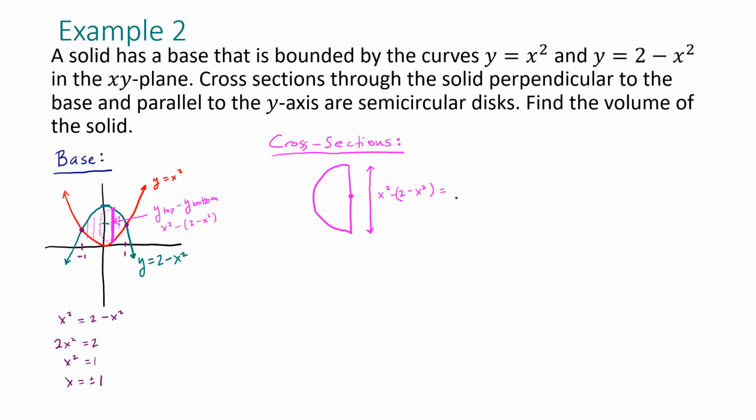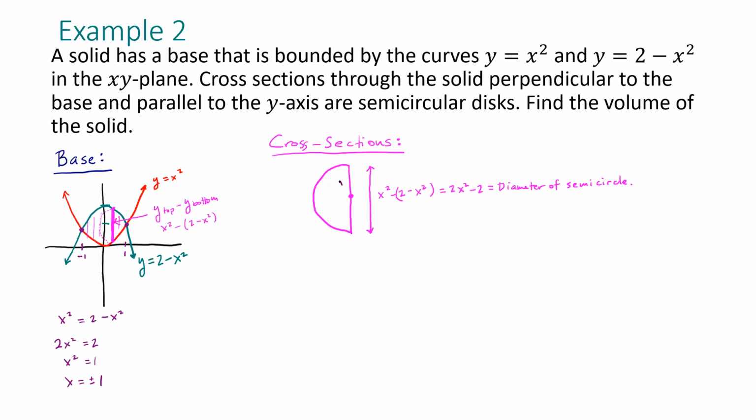Combining, it's just 2x squared minus 2. So that's the diameter of our semicircle. Okay, so then the question is, if we want to find the area of this cross section, we probably